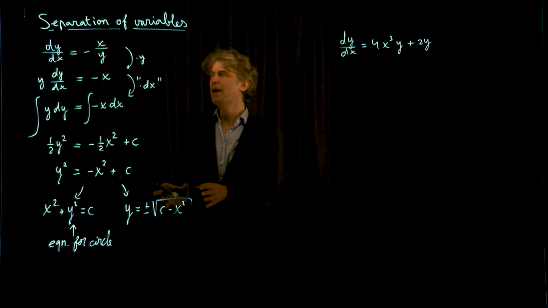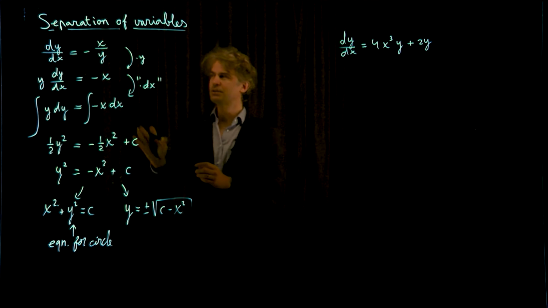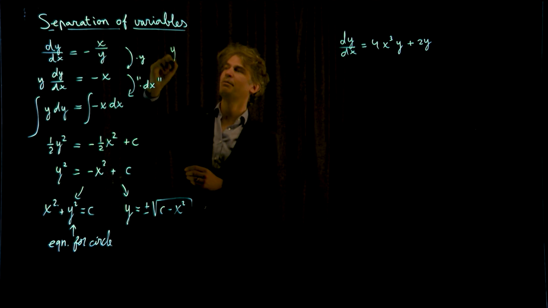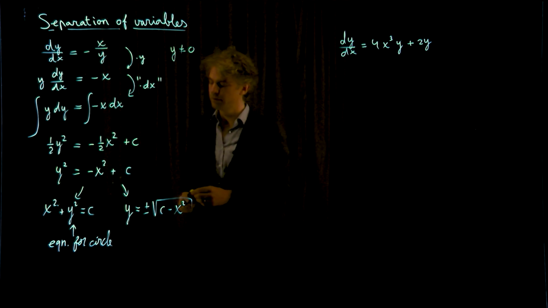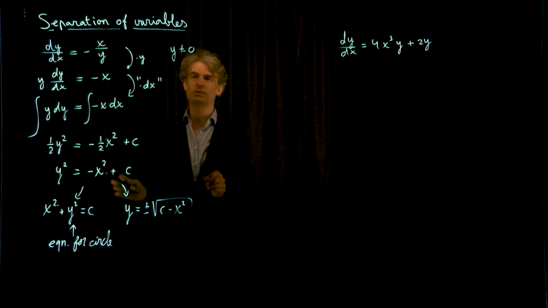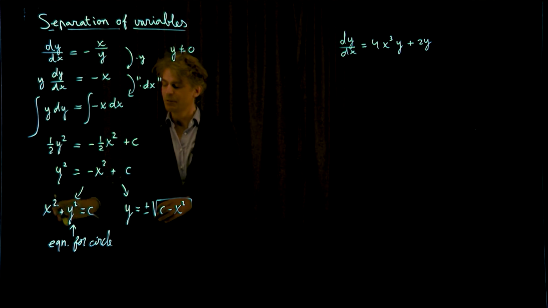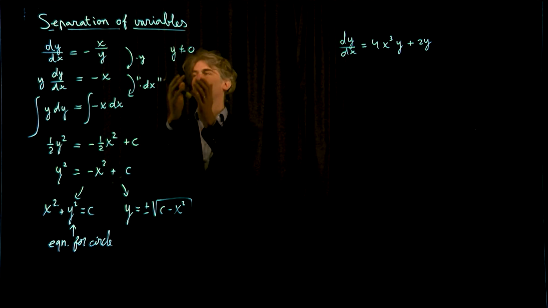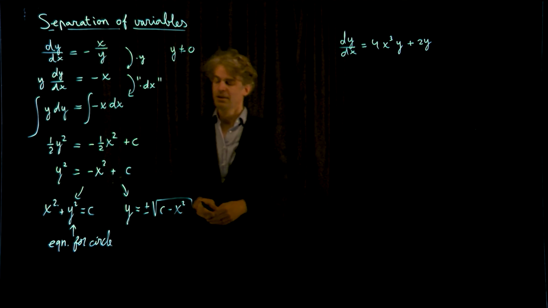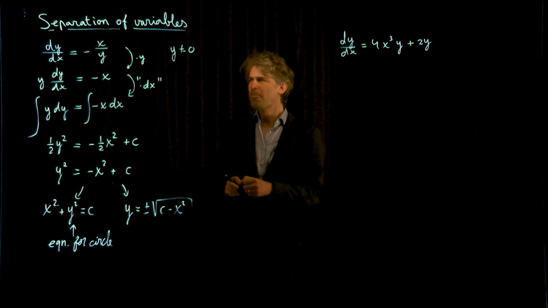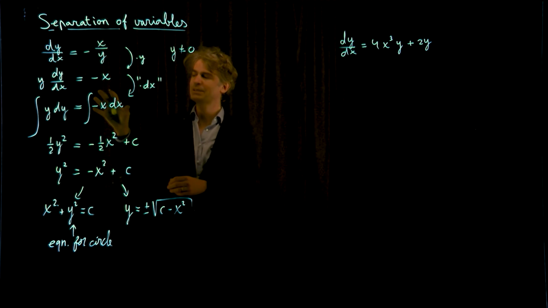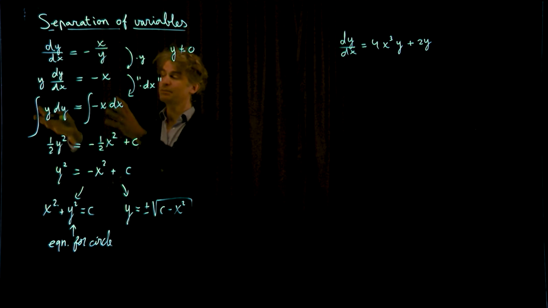Now, if I go back and I look at this equation, there's actually a subtlety, because since we divide by y in the equation itself, actually we should demand that y not equals 0. So if I say half a circle here, I really mean without the endpoints on the x-axis, and the same there. And this equation only holds for y not equals 0 if I compare it to the differential equation, if I really want solutions of that equation. So that's the subtlety. Now this is my first example. So what we did is we rewrote it so that everything with a y was on the one side, everything with the x was on the other side, and then we integrated simply.